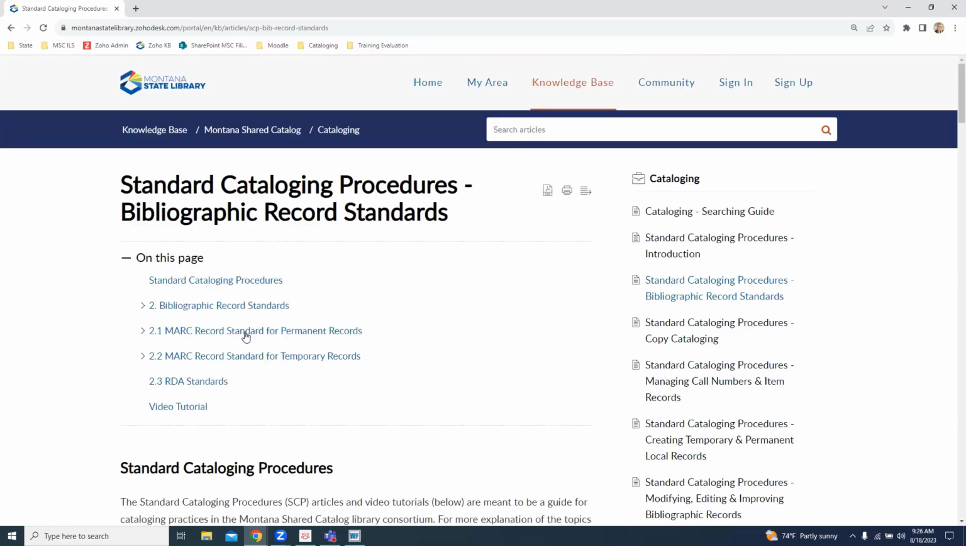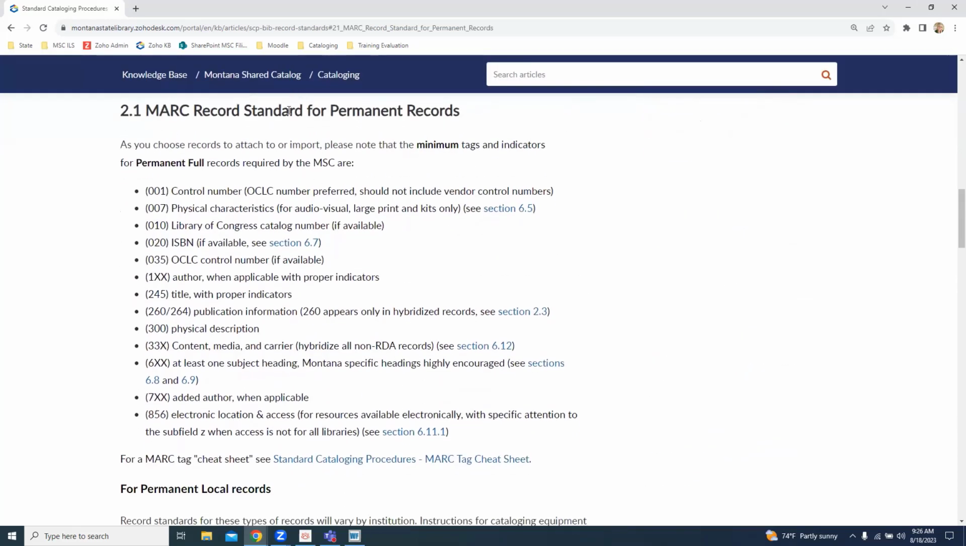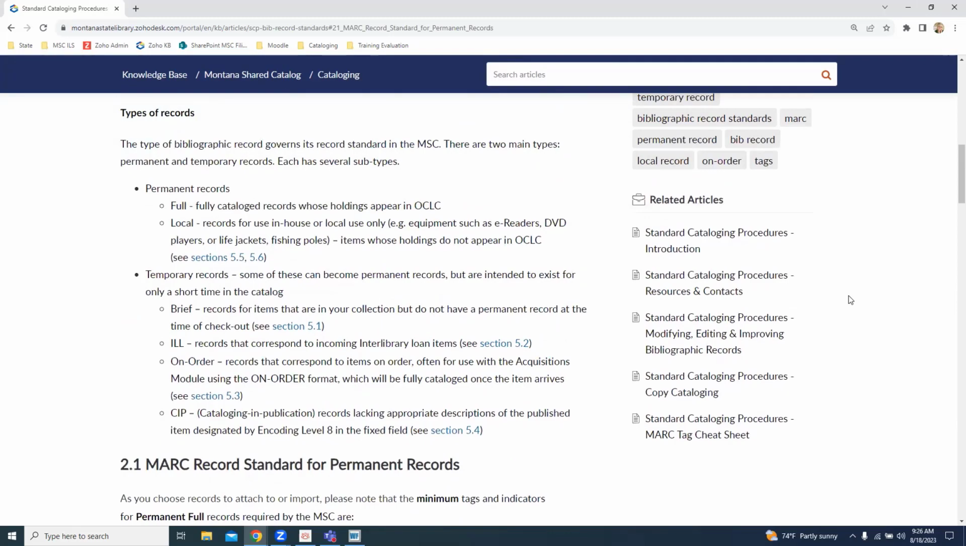Now, our record standards live in a couple of places. And so here we have our record standards for permanent records, and they are here just in a bullet point list, which is not too shabby. They also live in,